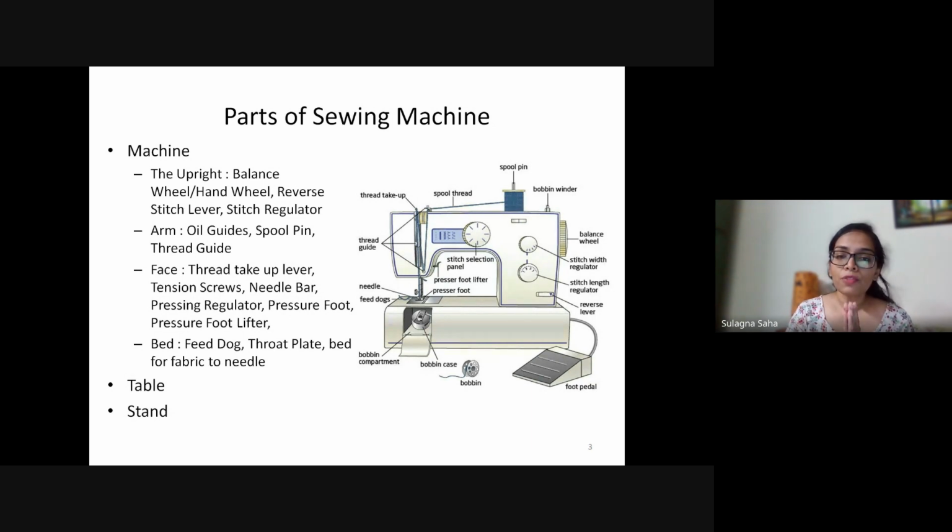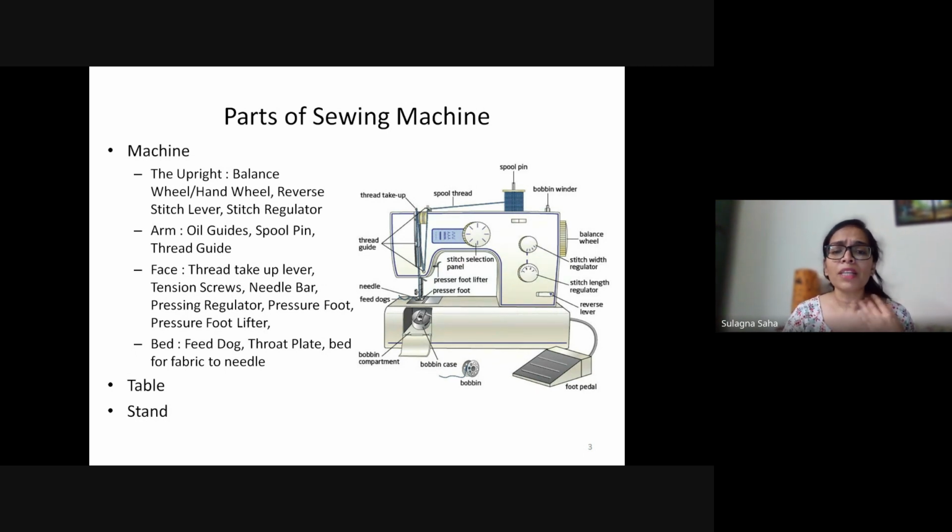So the pressure foot essentially is used so that everything is in place. It is also helpful because the fabric has some sort of support at the bottom. If you do not have any support on the top, the tension of the stitch goes haywire. So it gives an equal pressure from the top as it is getting from the bottom.